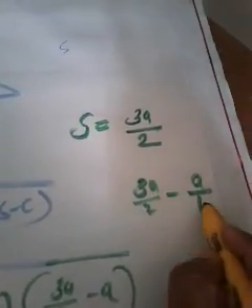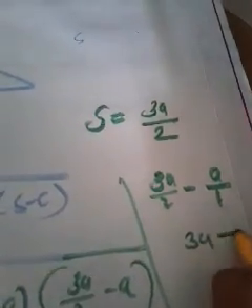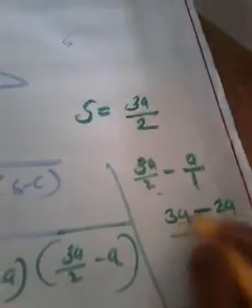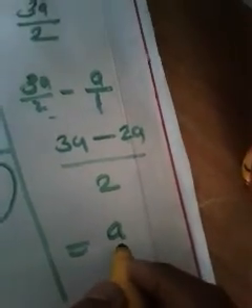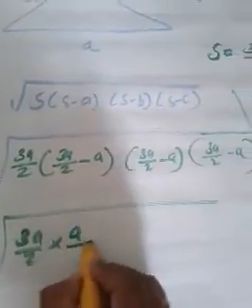Can I write it as A by 1? Yes. Then you can cross multiply. What is 3A into 1? 3A. Minus what is 2 into A? 2A. Divided by what is 2 into 1? 2. So what is 3A minus 2A? A. You know, 3 mangoes minus 2 mangoes is 1 mango, no? Just like that, 1A. That is nothing but A, divided by 2. So we got 3A by 2 minus A is nothing but A by 2.